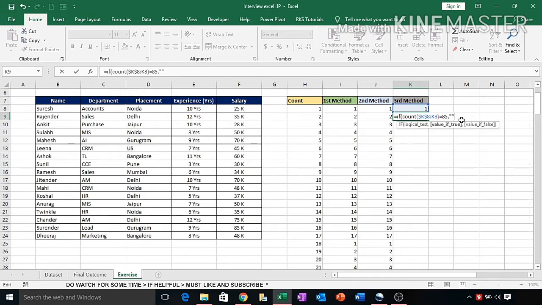Okay, and if not, that is the second criteria of the IF function. So if this is not fulfilled, meaning 85 has not been completed, then check whether this is less than 17, because our numbers are 17.